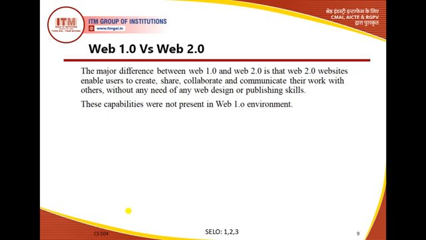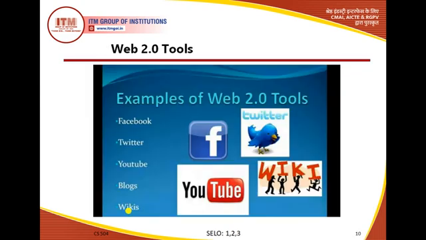These capabilities were not present in Web 1.0. Although we did not have any idea about website publishing before, all the users are still using various technologies like WhatsApp and Facebook, where any national news is shared amongst people. So people do not need any prior skill for web publishing, right? This was not there in Web 1.0. It's a major difference.